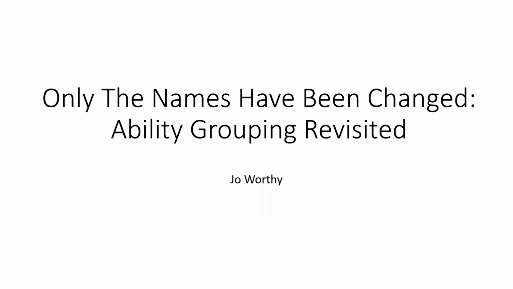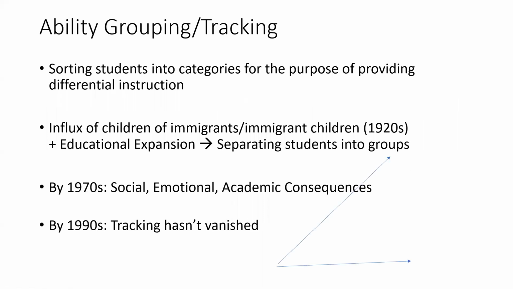Okay, we're going to be talking about Joe Worthy's article, Only the Names Have Been Changed, Ability Grouping Revisited. Ability grouping and tracking are done to sort students into categories for the purpose of providing differential instruction. When we talk about ability grouping, that's associated with sorting students within a classroom and then providing that differential instruction